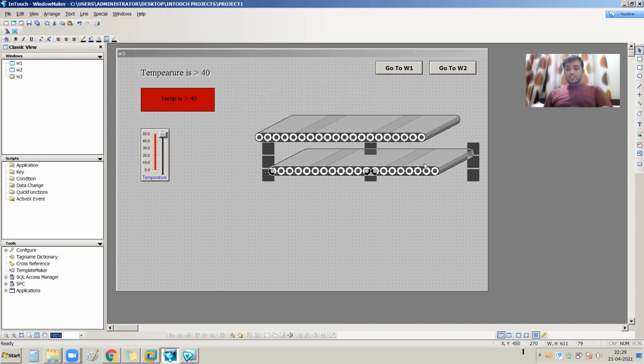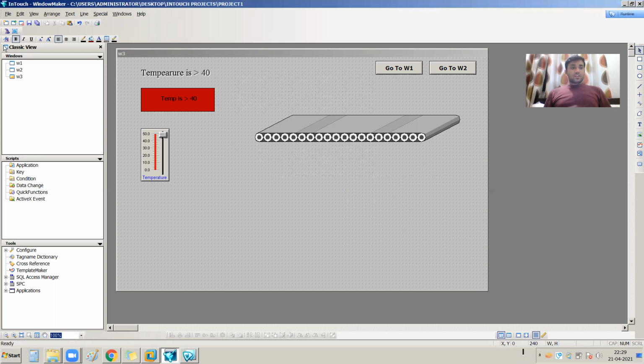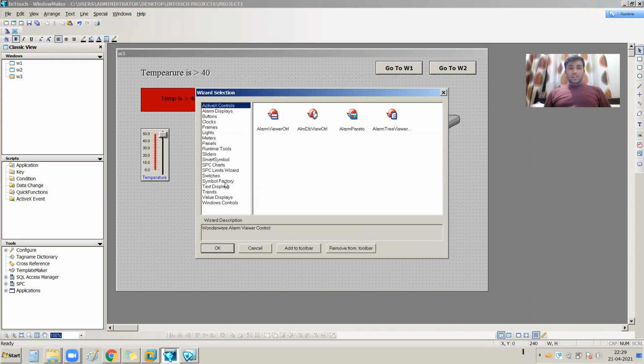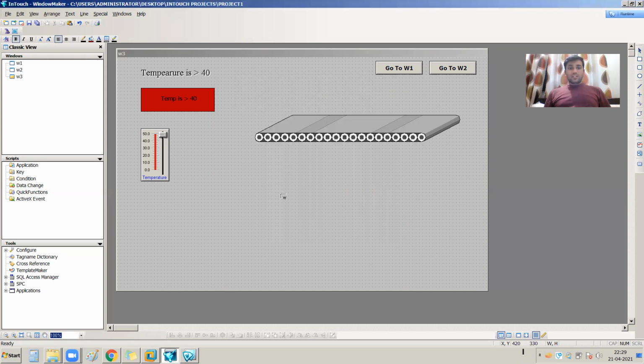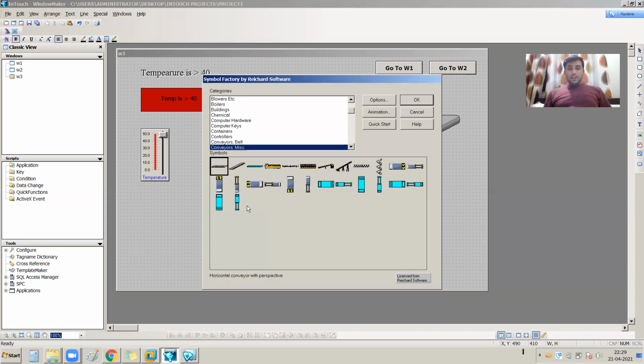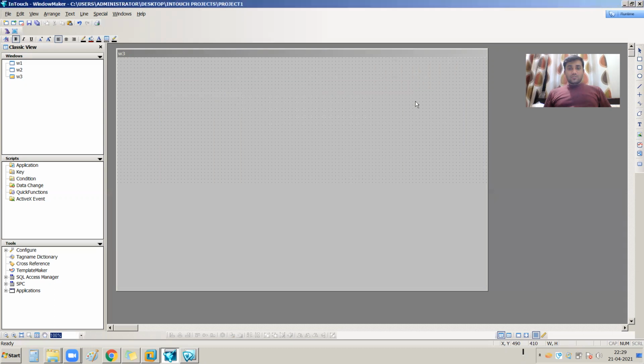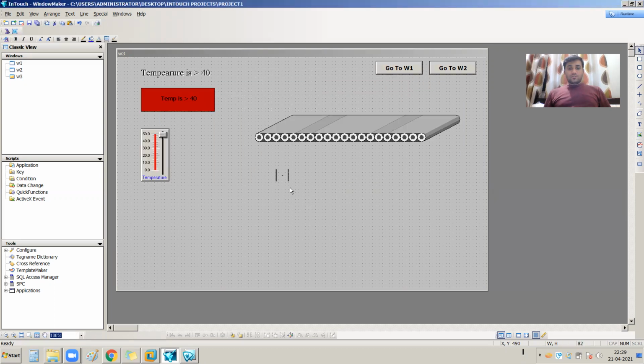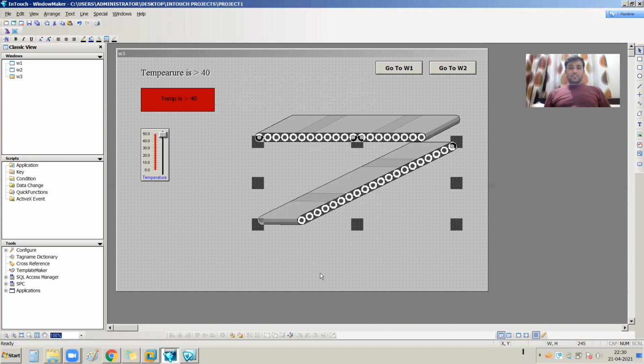Let's do one thing. I am again going to the symbol factory and taking the inclined conveyor for diagonal movement.